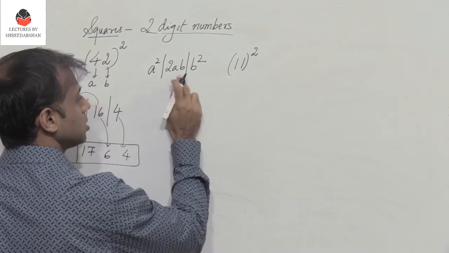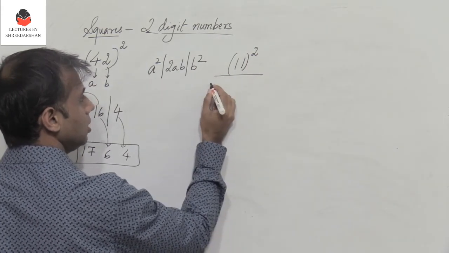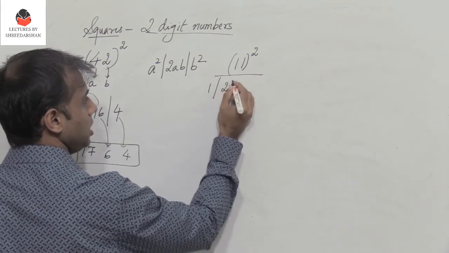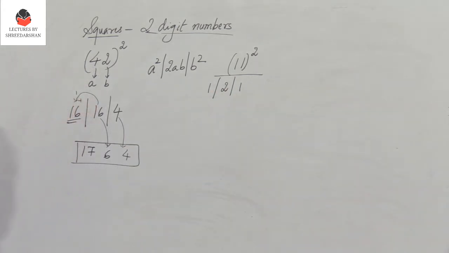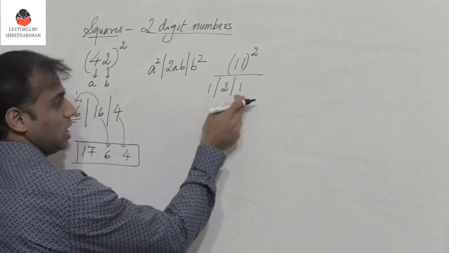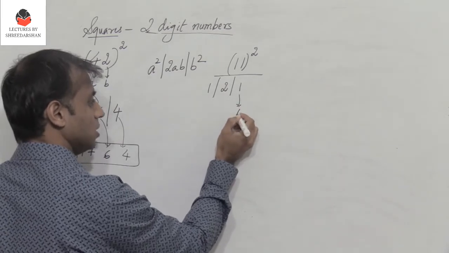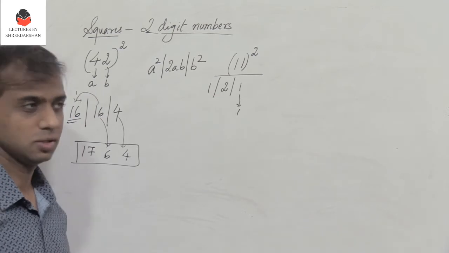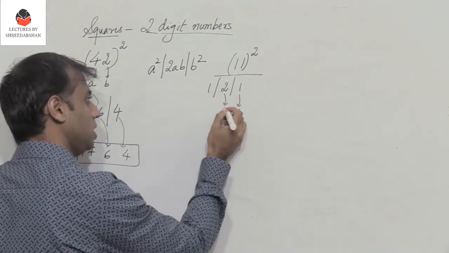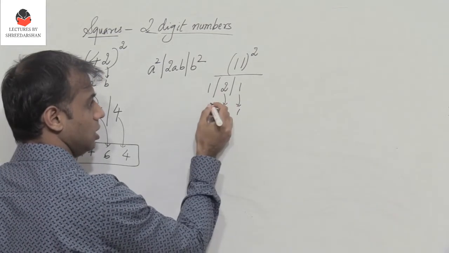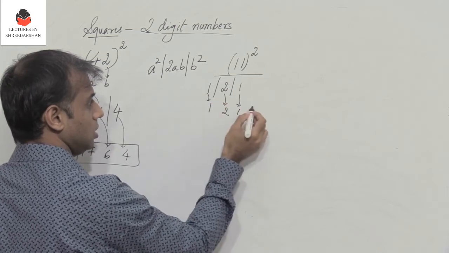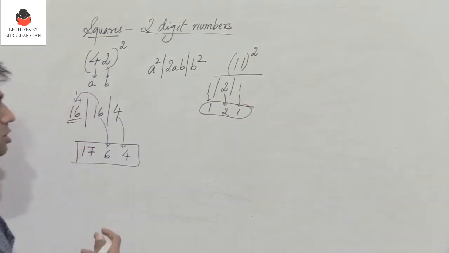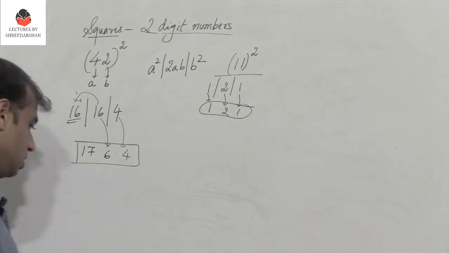So what do we do? A square plus 2AB plus B square. Again, A square is 1, 2AB is 2, B square is 1. I already have the answer here, isn't it? So I write 1. And then, is there any carry to the next? No, there is no carry. Then again write the units place, which is 2. Is there any carry? No. Then again I write the third digit. So 1, 2, 1 is the square of 11. Now let us consider another example,